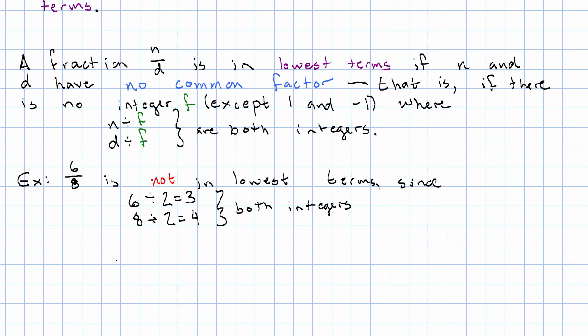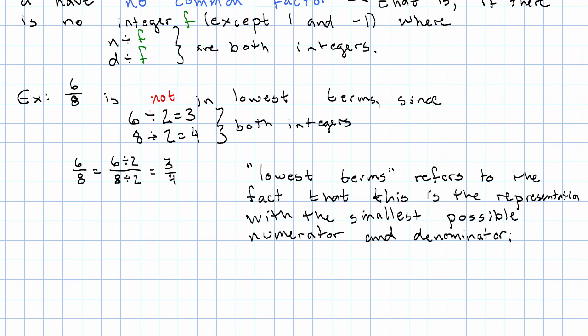In fact, if we take 6 over 8, that's equivalent to 6 divided by 2 over 8 divided by 2, which is 3/4. The reason for that name, lowest terms, refers to the fact that this is the representation with the smallest